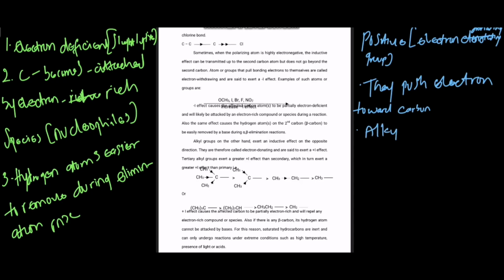Alkyl groups, like the methyl, which is CH3, and ethyl, which is C2H5. It's the alkyl group altogether. Also, one important thing I want you to note about the positive inductive effect is that